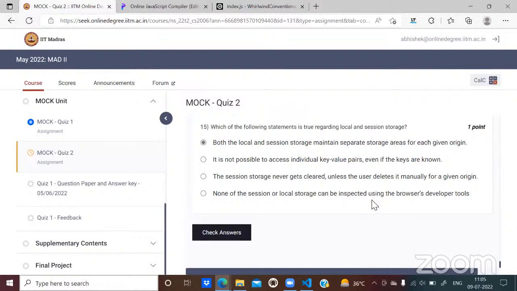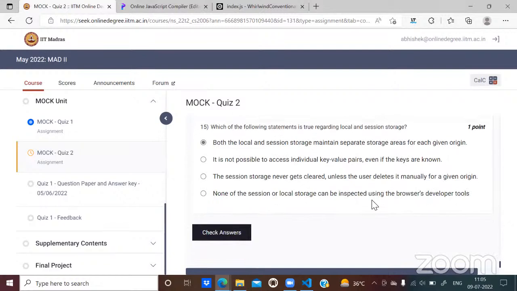Is it possible for you to access that particular key value pair if you just know the key name, even if there are multiple pairs stored in local storage? Yes, definitely we can access. So that's what the question says, just the reverse of that, so the option is false.